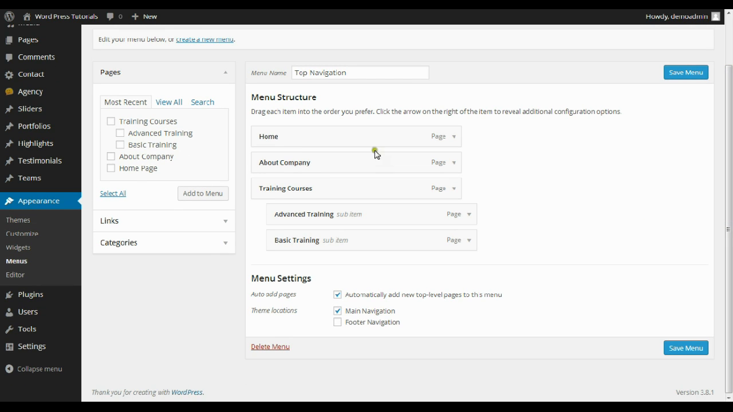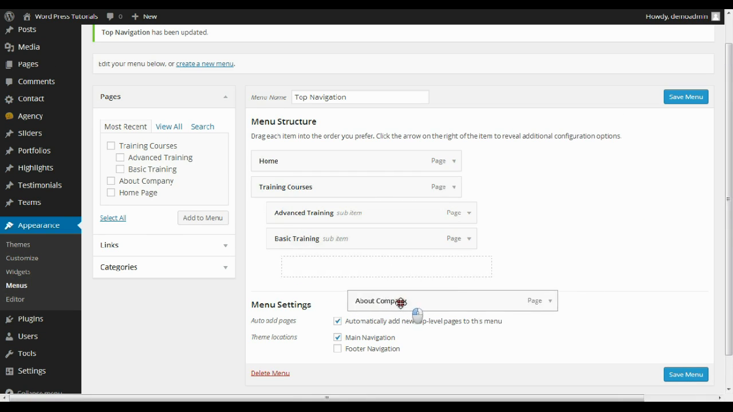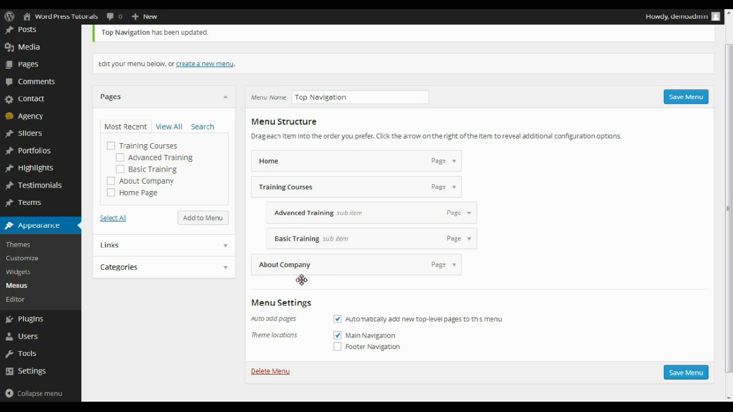Now, so you've got a visual representation there. It's showing you, you've got home. Let's move the About Us page. Let's put that to the bottom, as it's a top page. But you've got a visual representation of what's going on here. You've got the home page, top level. Training course, top level. Two sub pages of training course because they're indented and underneath this one. And then a top level page of About Us. So if we click save,